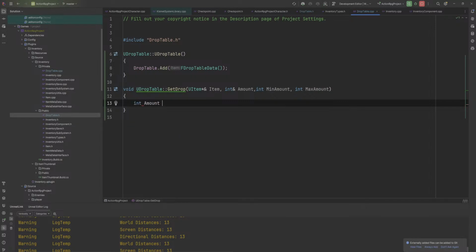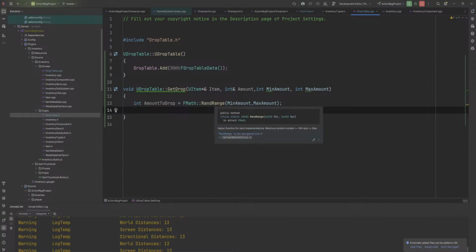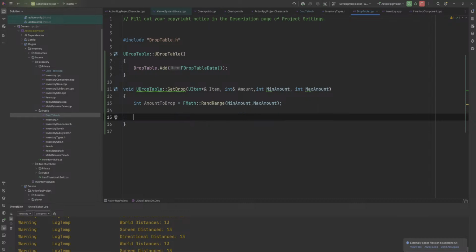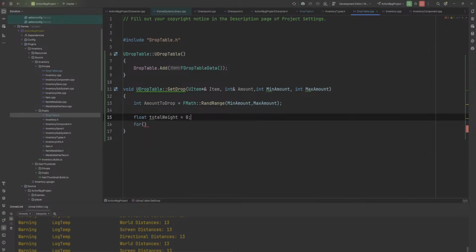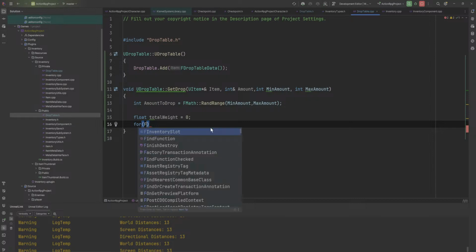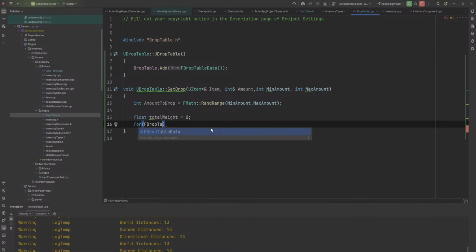So integer amount to, oh, that's not how that works. Amount to drop is random in range from min to max, which returns an integer. That's good. That's the easy part. Now, the item. We need to for each loop over this entire thing. So let's do float total weight equals 0, for FDropTableData